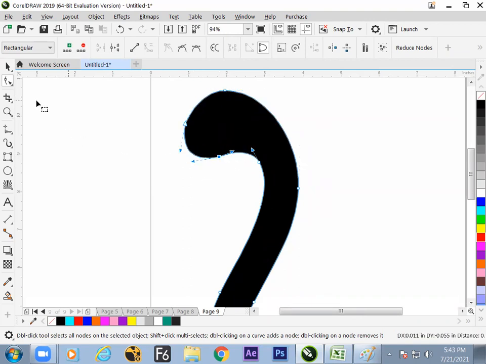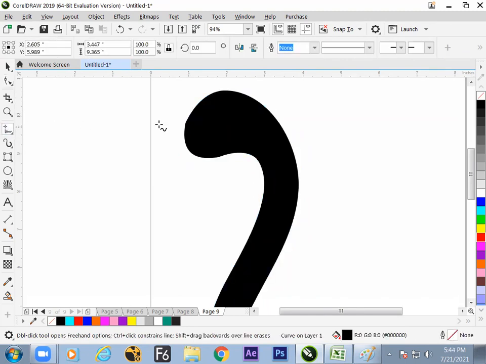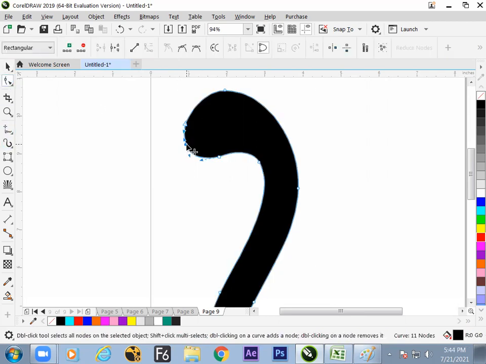That's it. So what you have seen from a simple line, this art has been done. And get it move inside.